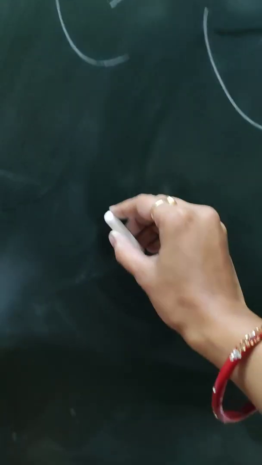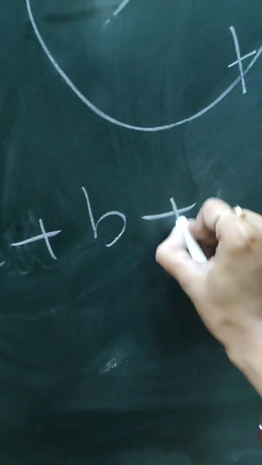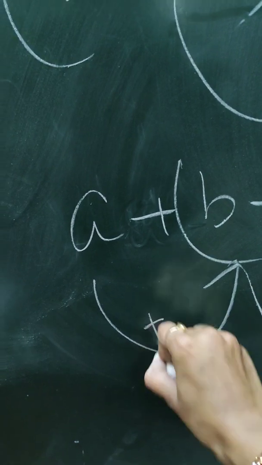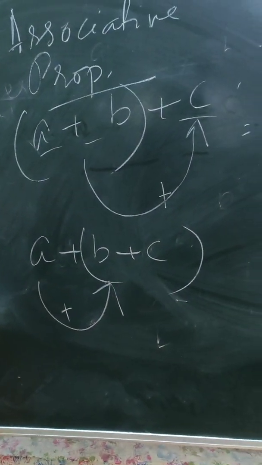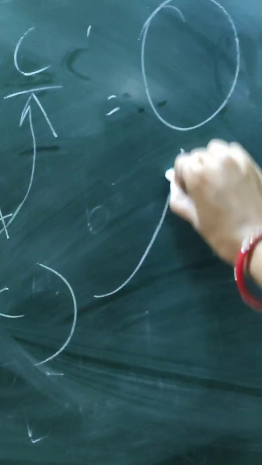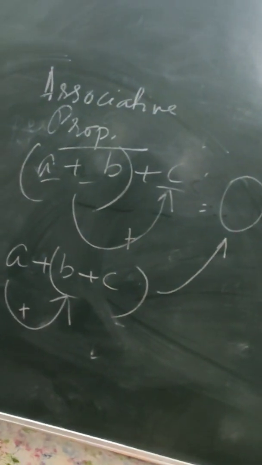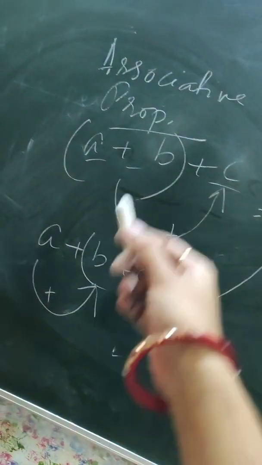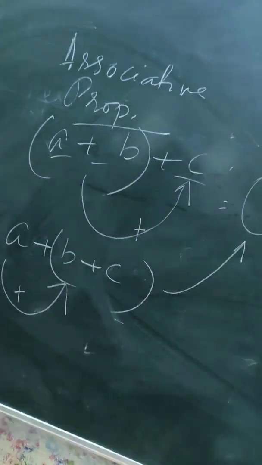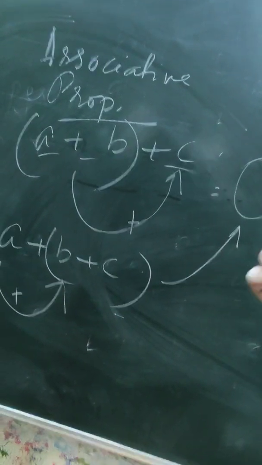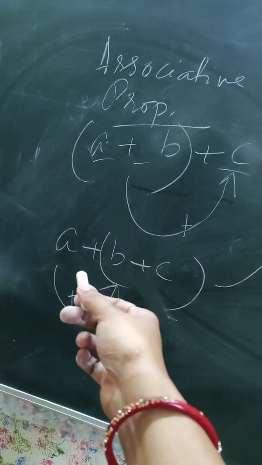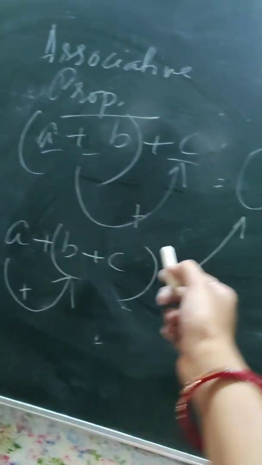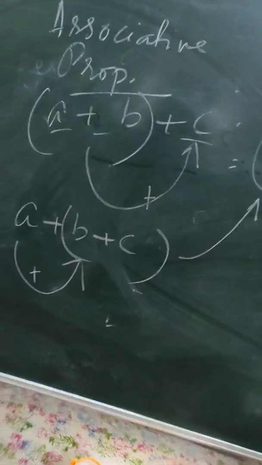And what would happen if I first add b and c and then I add a to the sum of b and c? The result will actually be the same. So this is what your associative property is. Associative property means if I first add the first 2 integers and then add the sum to the third integer, then the result will be exactly the same as in the second process, that is the second and third integer being added and the sum being added to the first integer.